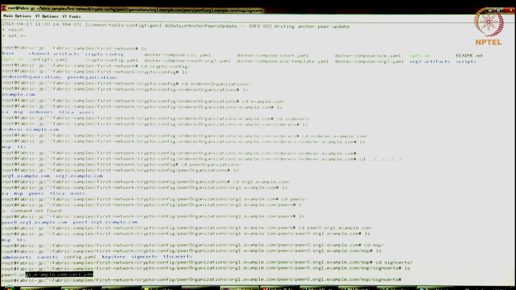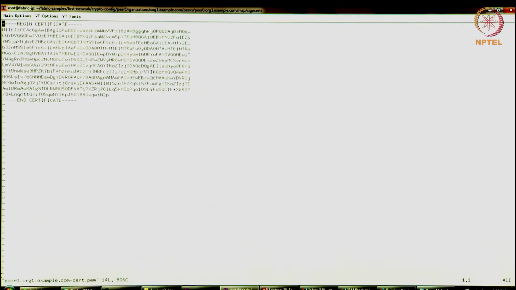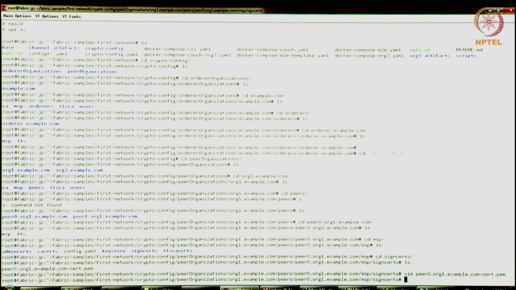This, if you see, is what the peer will use to sign whatever messages it's sending out in the network. Maybe we can also open and view what this looks like. This is the certificate that it's using to sign. You can also see some of the other things.